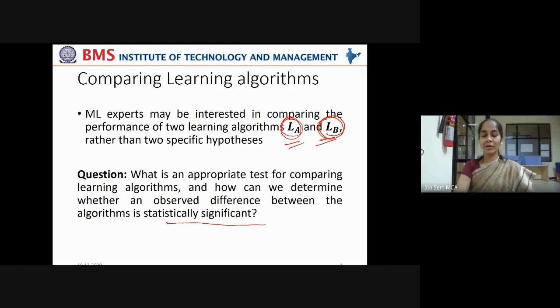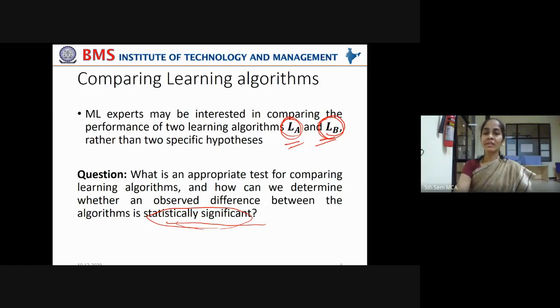I explained in yesterday's class what statistical significance is. Statistical significance of a particular model states that the relation between the parameters doesn't happen by chance. It has some proof that it happened. It has some support for why it is happening. It is not simply by chance, not simply by a cause or reason. It has some support in favor of that particular test. Then we say it is statistically significant.